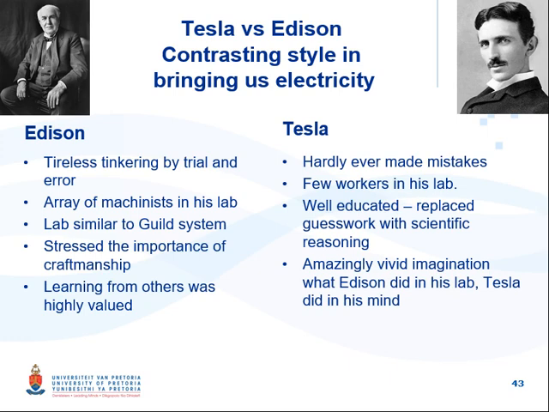Edison was relying on trial and error. Just go to the lab and do whatever you want; you get the result or you don't. But Tesla was not like that. He hardly made any mistakes. Tesla, unlike Edison, liked to work in a very small group. While Tesla was highly educated and was aware of the importance of scientific reasoning, Edison was mostly focused on craftsmanship. Tesla, from Eastern Europe, today's Croatia,